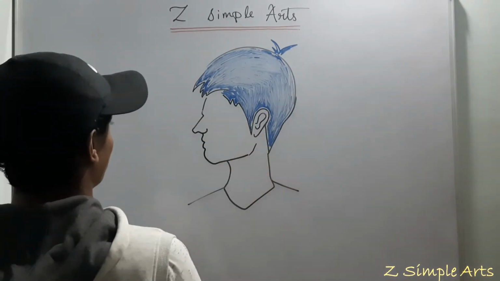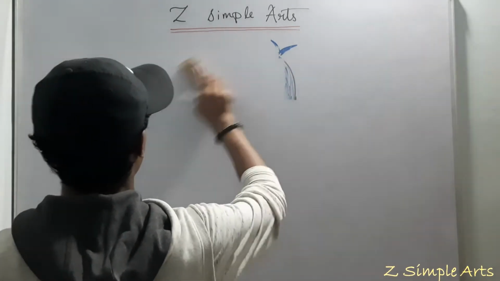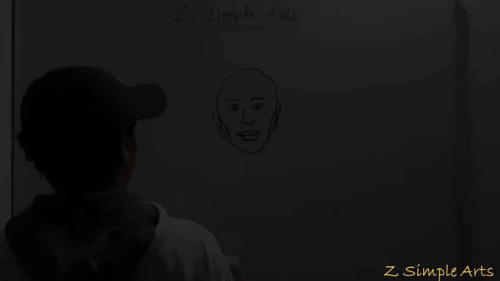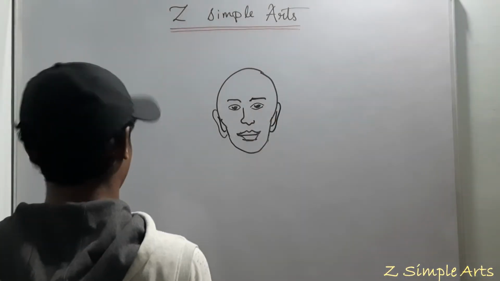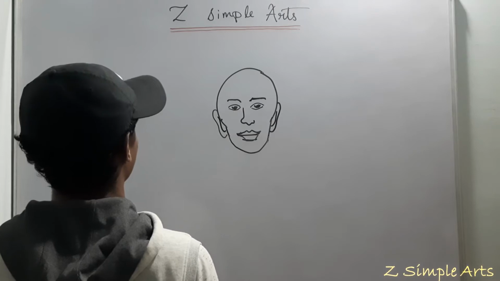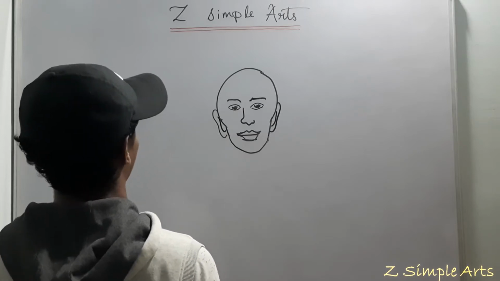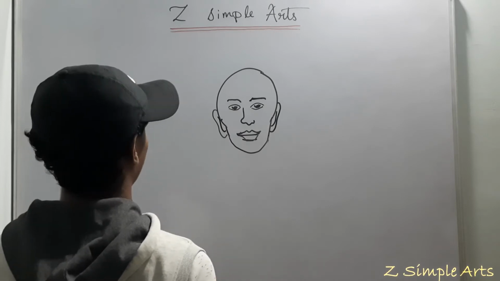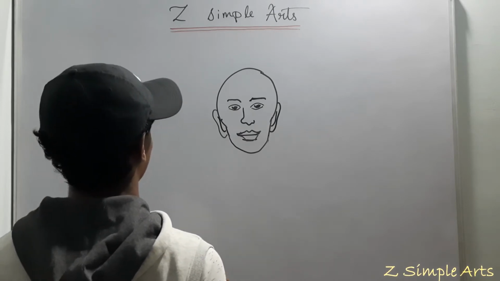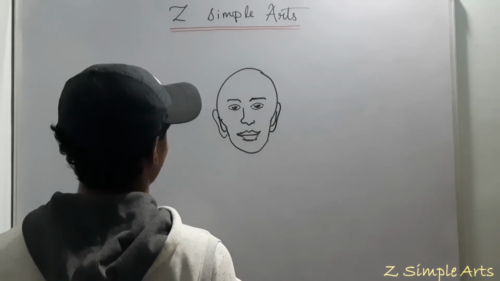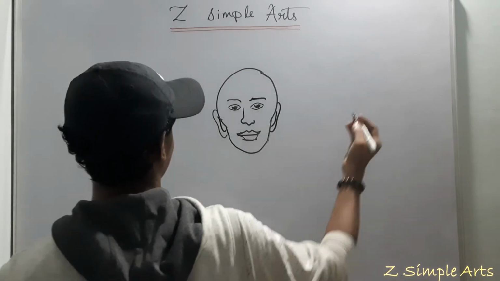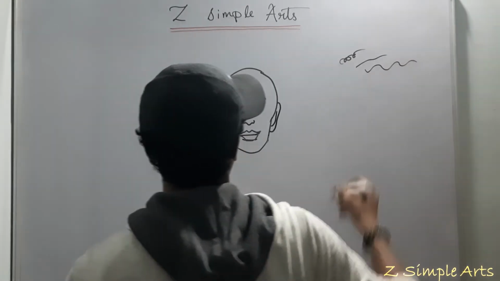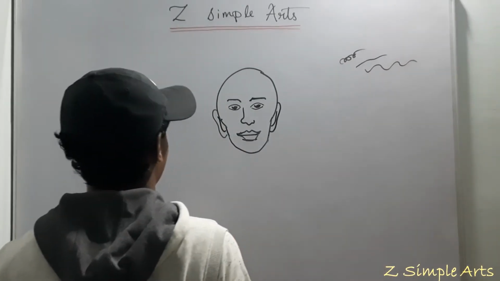I'll just erase this off. As you can see here, I have put a rough outline of a human face without hair. It doesn't look that good, right? So the hair adds a very important detail to a human. It helps in differentiating one person from another. Sort of curly hair, straight hair, wavy hair. There are many forms of hair.